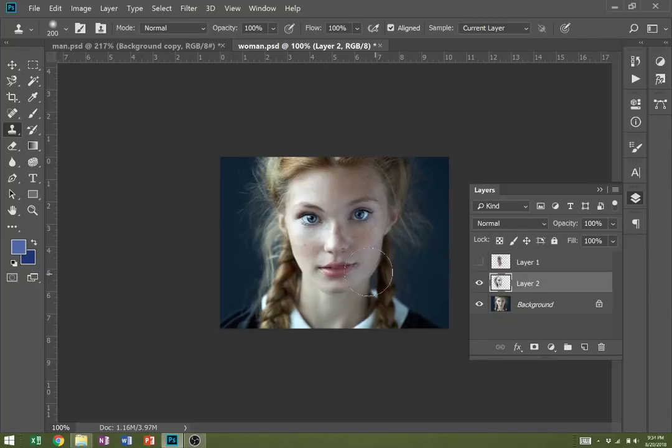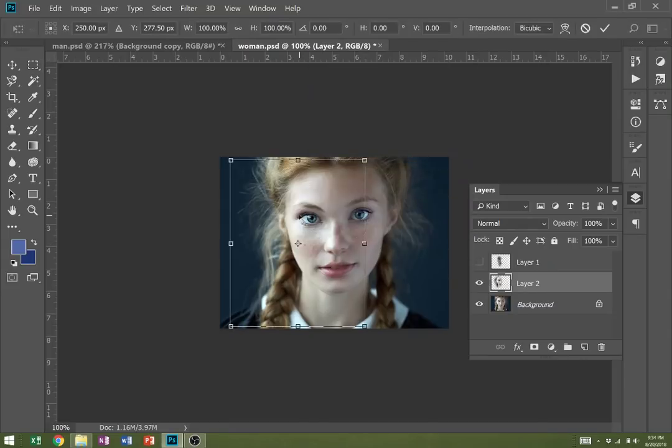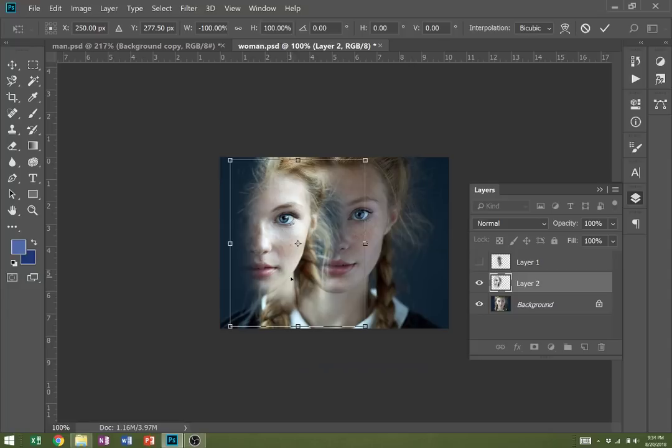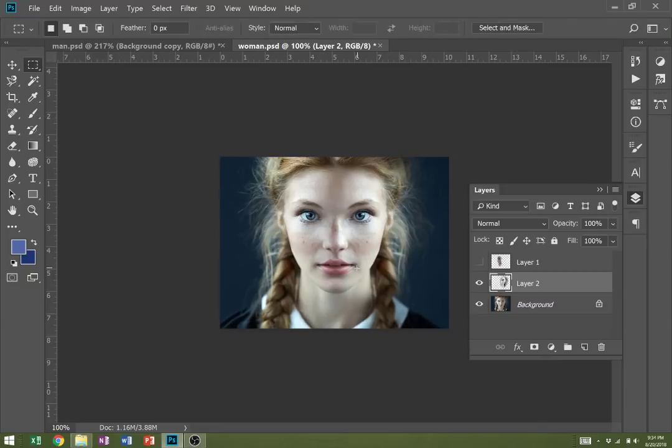And I'll click on this with the Marquee tool selected, and I will free transform, and I will flip horizontal. And what I'll do is I'll just drag this over to the other side so that I can line up the nose a bit better. I'll press Enter, and in this case what I'll do is I'll take my eraser tool and I'll see if I can kind of get rid of some of this stuff over this way. Try to even this out to make sure we kind of